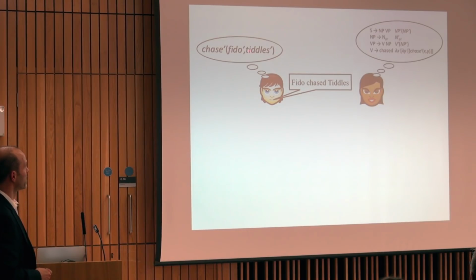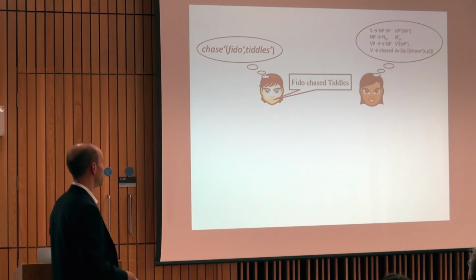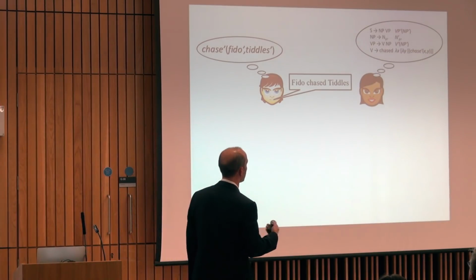And then based upon exposure to many such examples of language use, another person should be able to infer the compositional grammar that generated this kind of linguistic behavior that they've seen. So given enough examples, you should be able to work out the grammar that this guy has in his head that's determining how he behaves linguistically. Okay, so we can unpack that process a little bit.